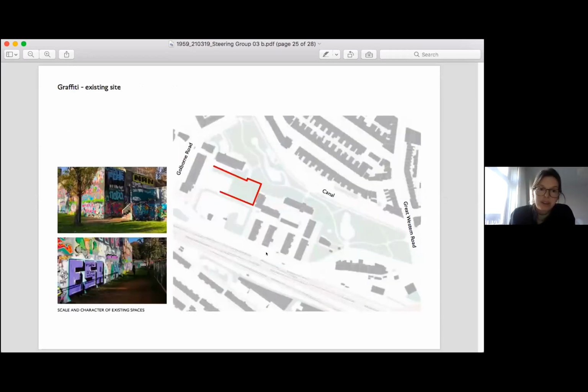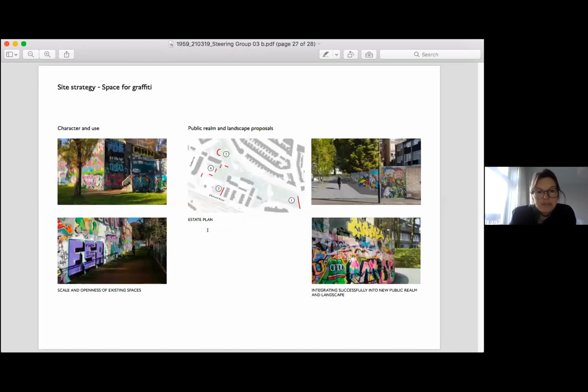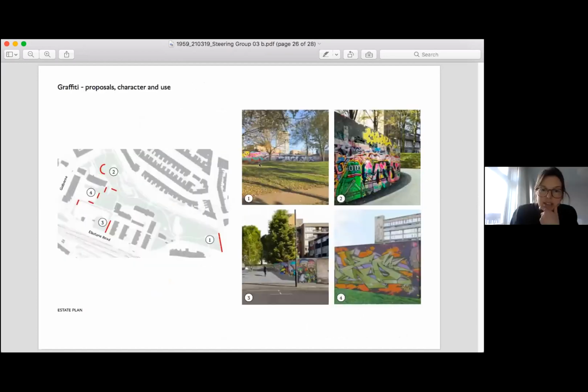And then there's the discussion with the graffiti writers and the nature of the existing graffiti space. We've gone through this in quite a lot of detail previously, and on the proposals for how that space could be re-provided, we now understand quite clearly the characteristics the graffiti writers need and are looking for. There's also an additional study we're currently working on, looking at the options to retain the existing walls, what that would mean for the development of the site, and the issues and opportunities surrounding that. So I think that...